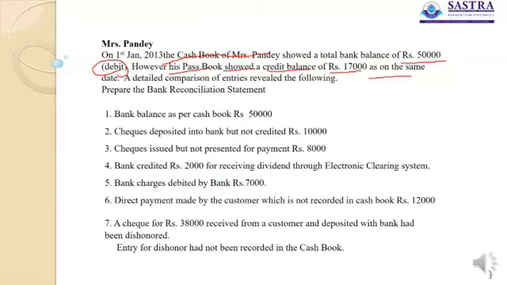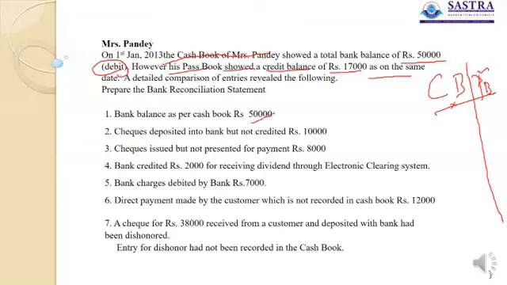So what they have got, come here and put up the symbolization: showed a total bank balance of 50,000, that is shown by the cash book. So we have taken the cash book first, and what we require is the passbook. So put a line here, start symbolization. We need not this, we need to have this. Balance as per cash book is 50,000 rupees.